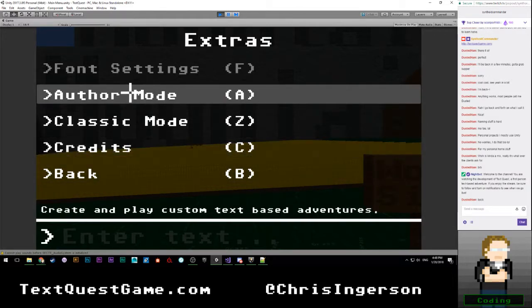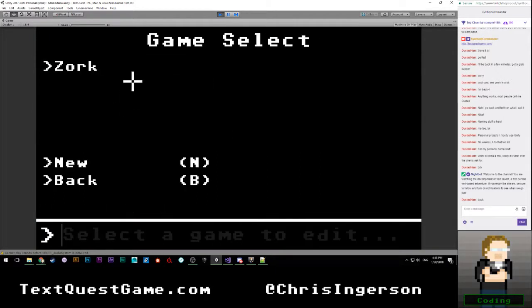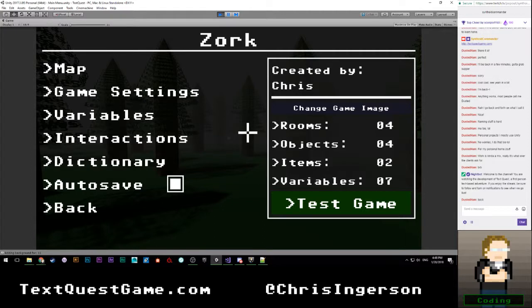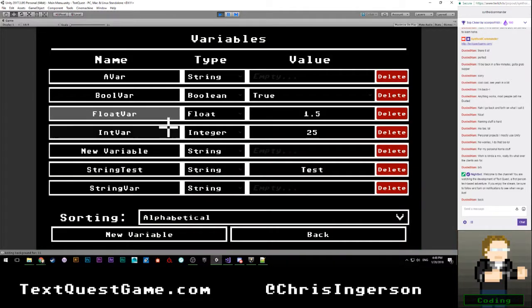So we're going to go to author mode, create, Zork. And I guess this is also an image from the game. It's a screenshot. But let's see. So for variables, okay, so I'm doing this, and I think that works. So I'm going to have some amount of gap, although now that I look at it, it looks like I have a divide line that I'm just totally ignoring. That's kind of funny.